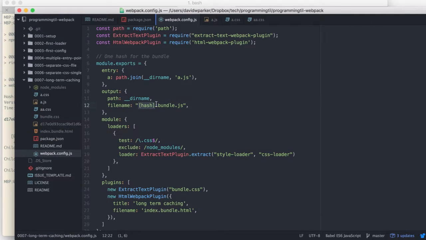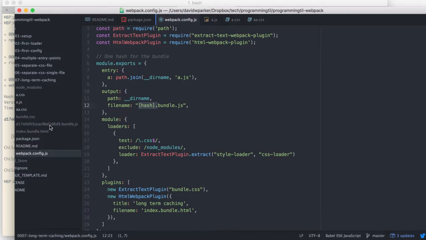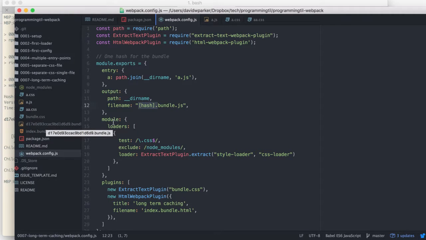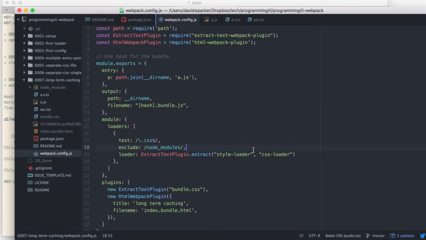And we also are generating a hash.bundle.js. So we have this hash over here, .bundle.js. And then bundle.css is the same. So what long-term caching is, is adding this specific cached value to the name of the file. And what that's going to allow your browser to do is to generate a long-term file that can be cached as long as it needs to be by a browser. And then whenever you update it, it'll generate a new hash, and that'll force the browser to know to grab